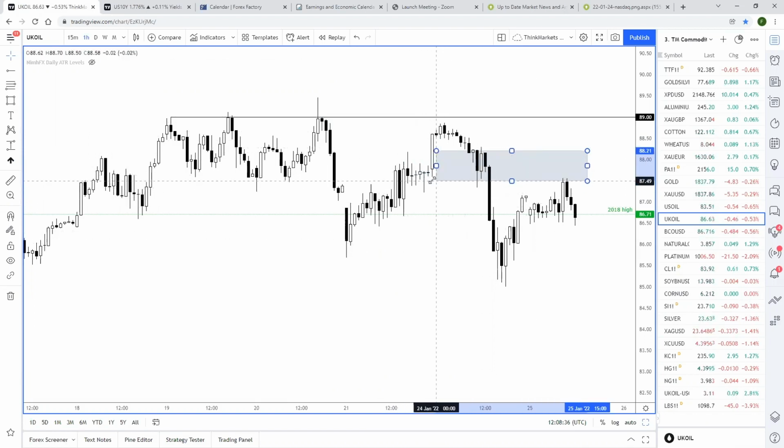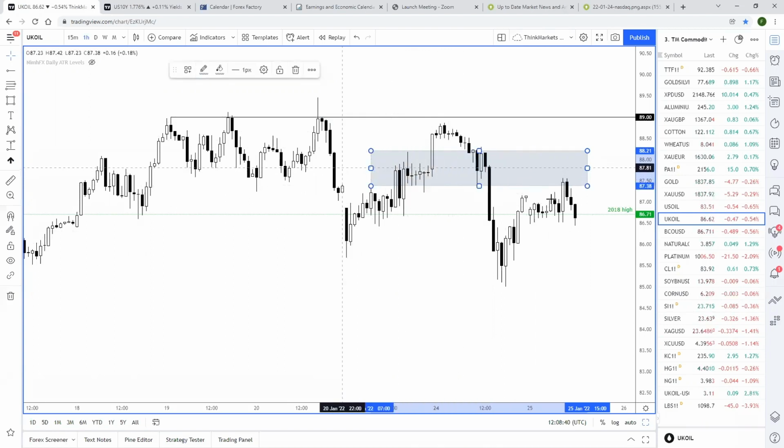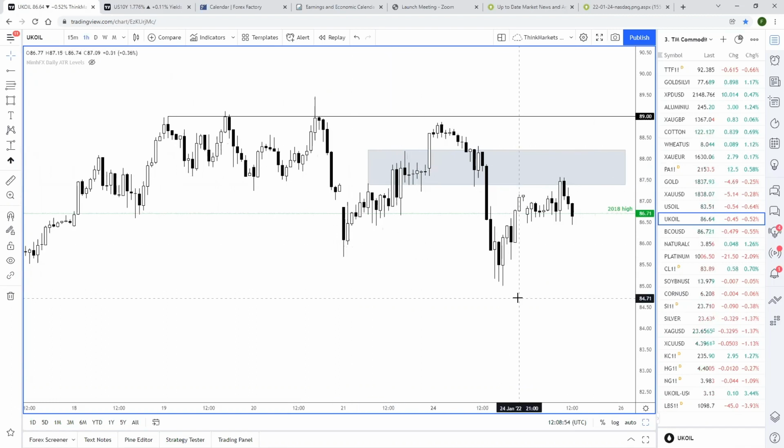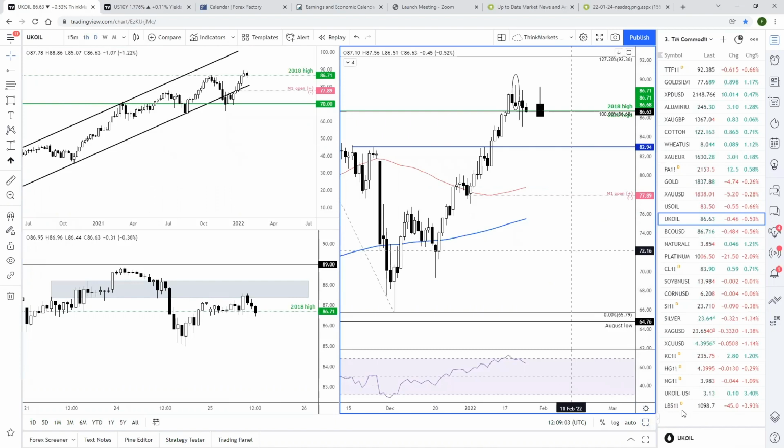So just to be a bit more specific, this area right here. Yeah, and we did retest this morning. And we sold off from this area. So it's showing bearish characteristics in the price action on the smaller time frames. So perhaps we may see a stronger sell-off than we already have in crude oil, and about time as well, I think, because